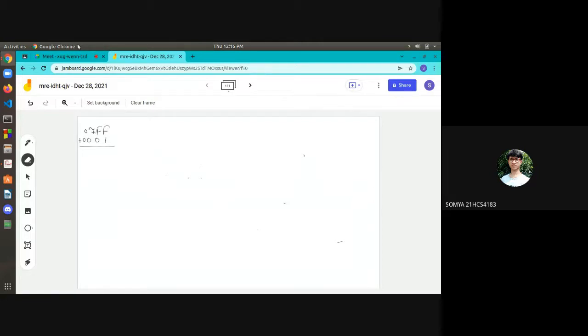So F will be written as 1 1 1 1. 7 will be written as